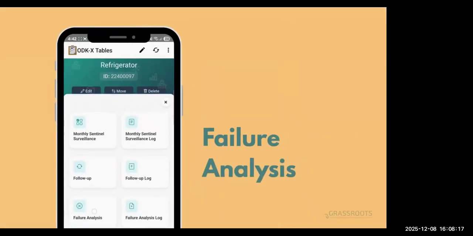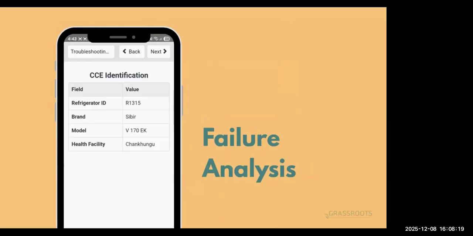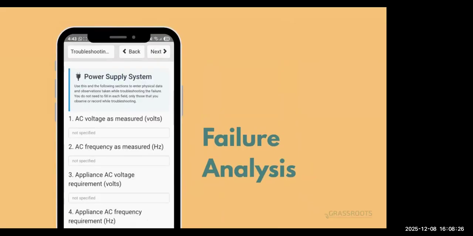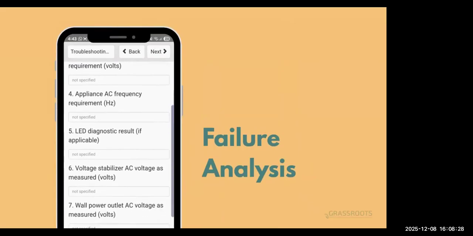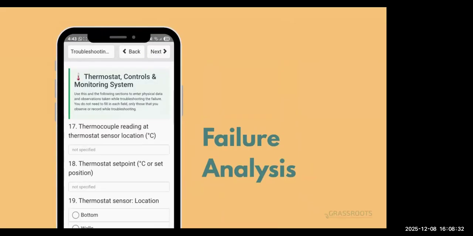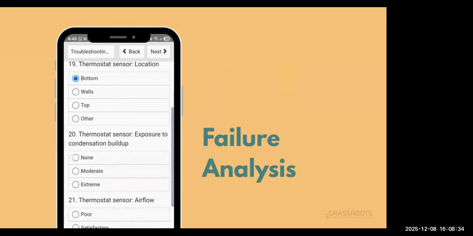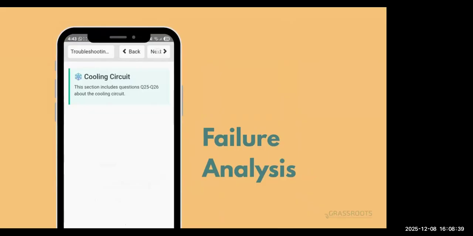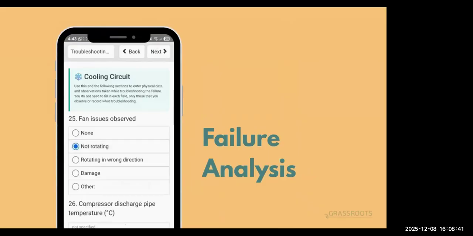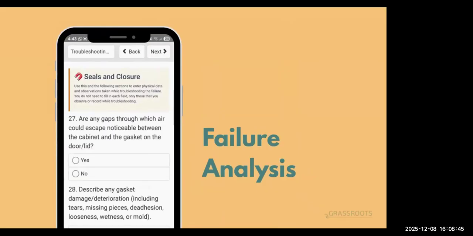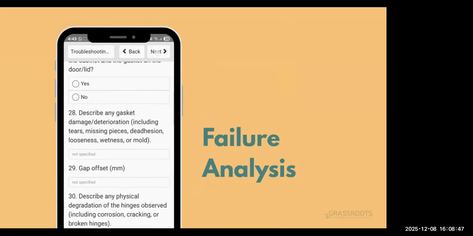The failure analysis reporting function is used when a refrigerator has been flagged for follow-up through PMM indicators, but earlier assessments were unable to determine the cause of the fault. It focuses on identifying and resolving immediate, verifiable causes of issues, such as poor cooling performance, emerging build quality defects, malfunctioning voltage stabilizers, etc. It must be carried out on-site by a trained CCE technician or a qualified assessor.